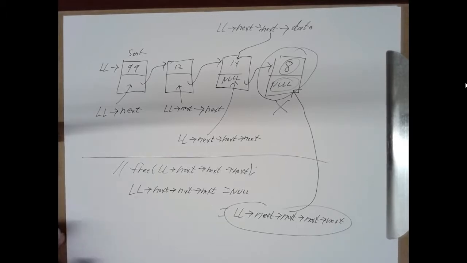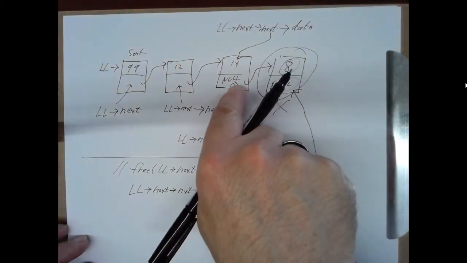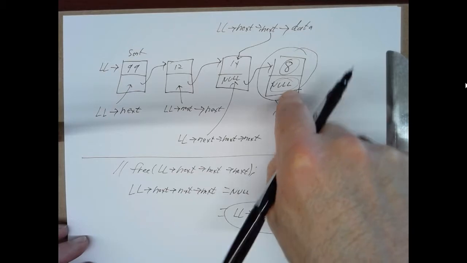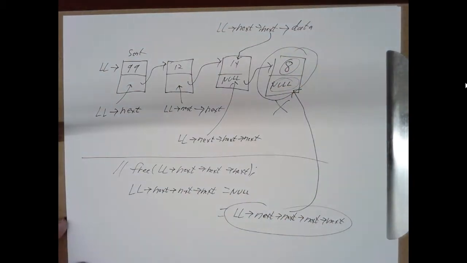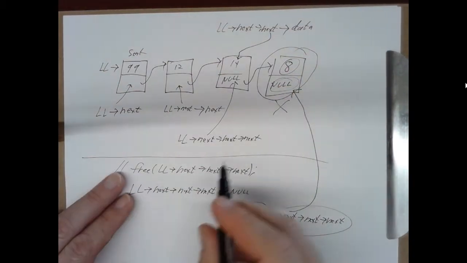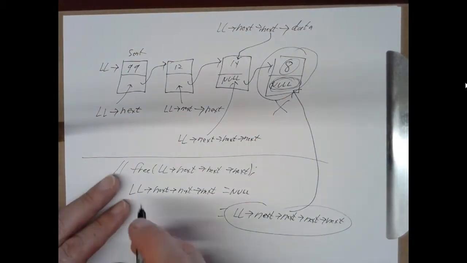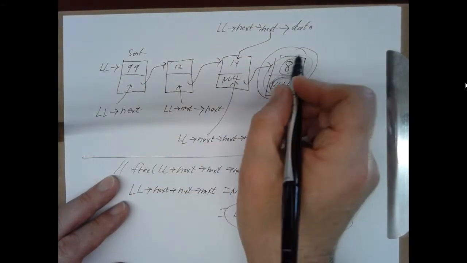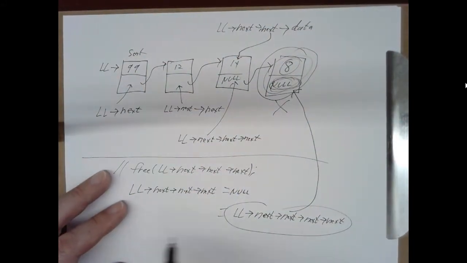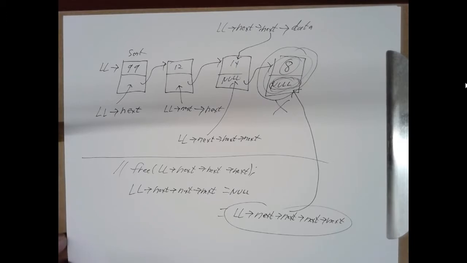And that's how we delete in general, right? We take this and we have it point to whatever this is pointing to. That pulls that 8 out of the list. But that you can't do after you freed, because after you freed, this is no longer available. But you could save this into a temporary, right? Something pointing to it, and then set this, and then say free the temporary. Yeah, that's great.